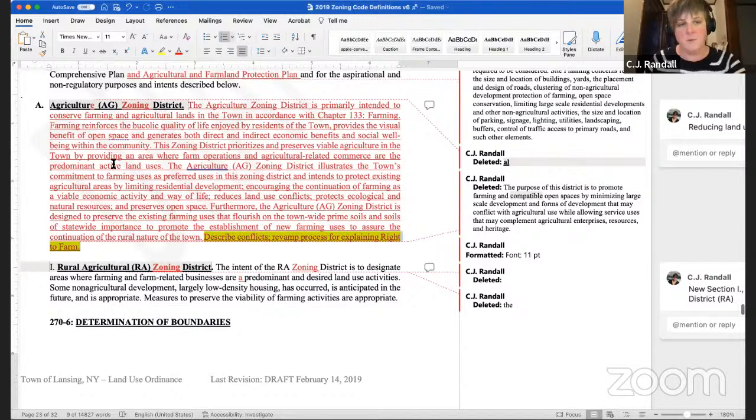So that's kind of where I was going. I wanted to see more about what you thought about the difference at heart between the two districts, this pure ag zoning district versus what we see moving into this RA zoning district that has a bit more residential, a bit more commercial, and is somewhat designated for development because it is on infrastructure, such as plans or existing water and other types of services.